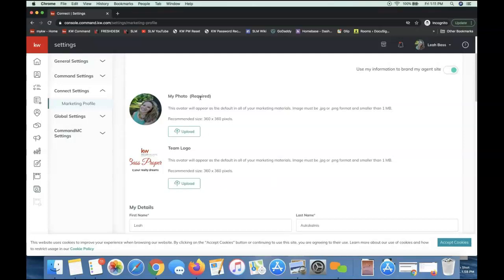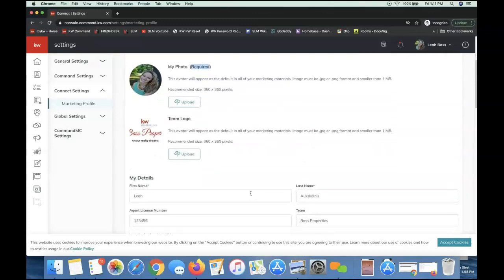So outside of that, if you do want to do that for yourself or check over this information, you will need to add in all the information that is required to save it. So for example,